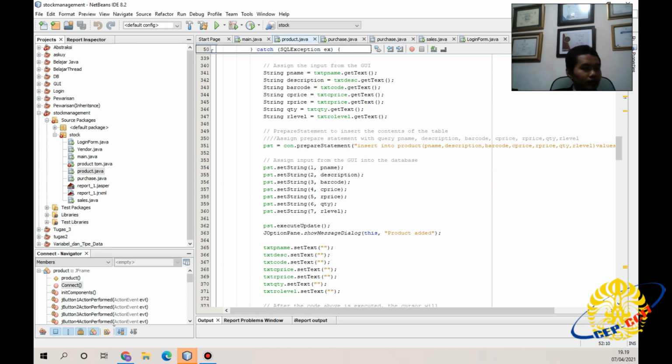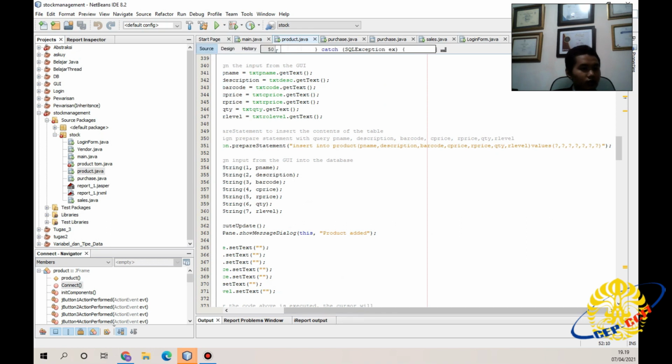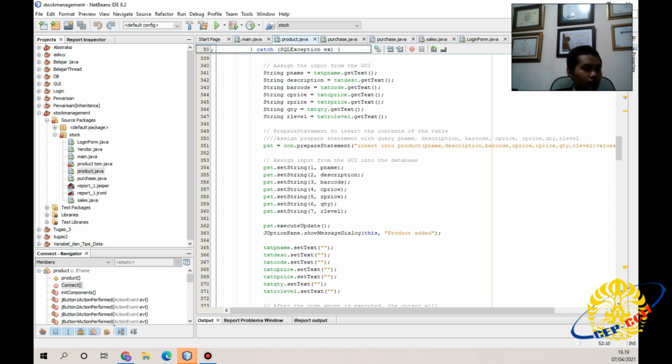Okay, we prepare a statement: insert into product name, description, barcode, cprice, rprice, quantity, rlevel. Here are the values from the table. Prepare a statement to insert the contents of the table.